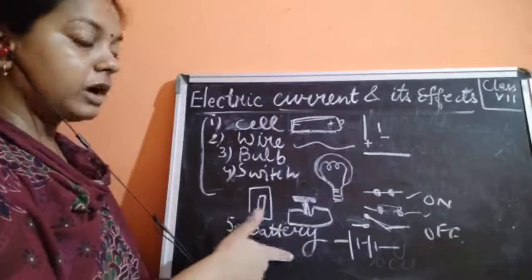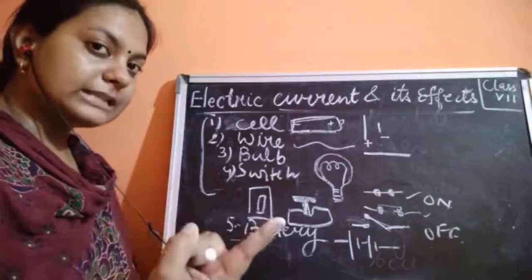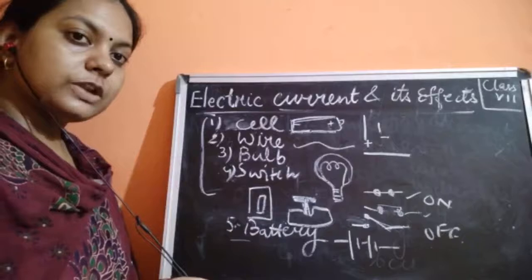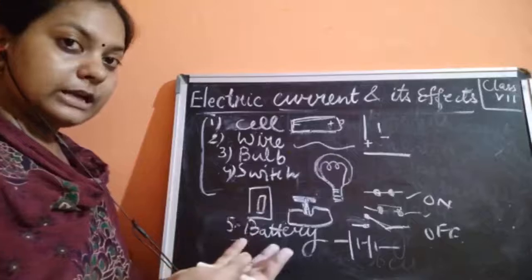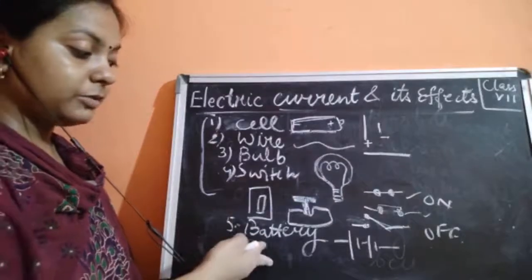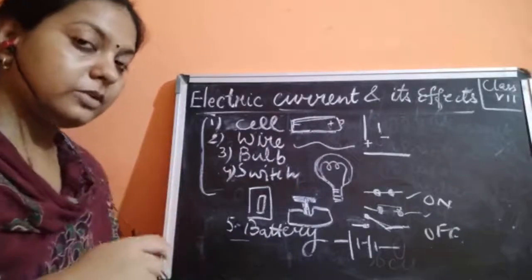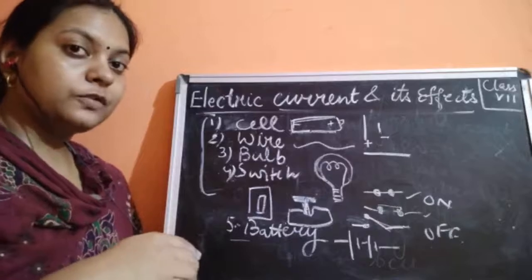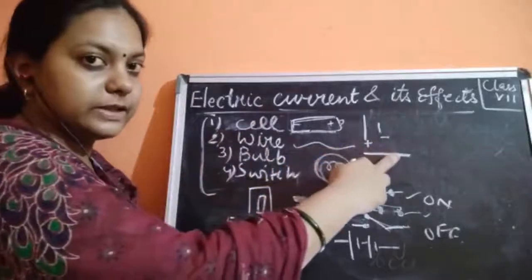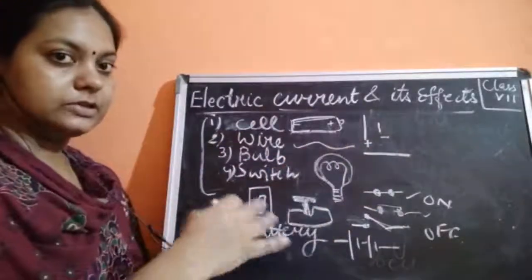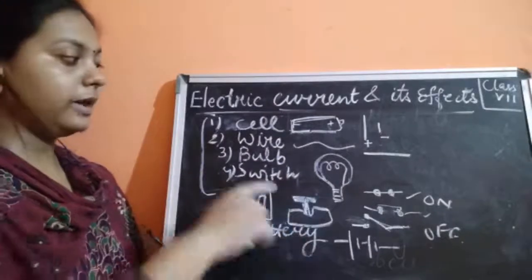A battery is a combination of cells. When you are not able to supply the power with one cell, you could supply the power with many cells. So if you are using more than one cell, it becomes a battery. You could understand this from the structure of a torch, where a battery is used instead of a single cell. A cell has a single positive and negative terminal. It is going to supply the charges in the circuit, and because of the charges the electricity is going to flow in the wire.